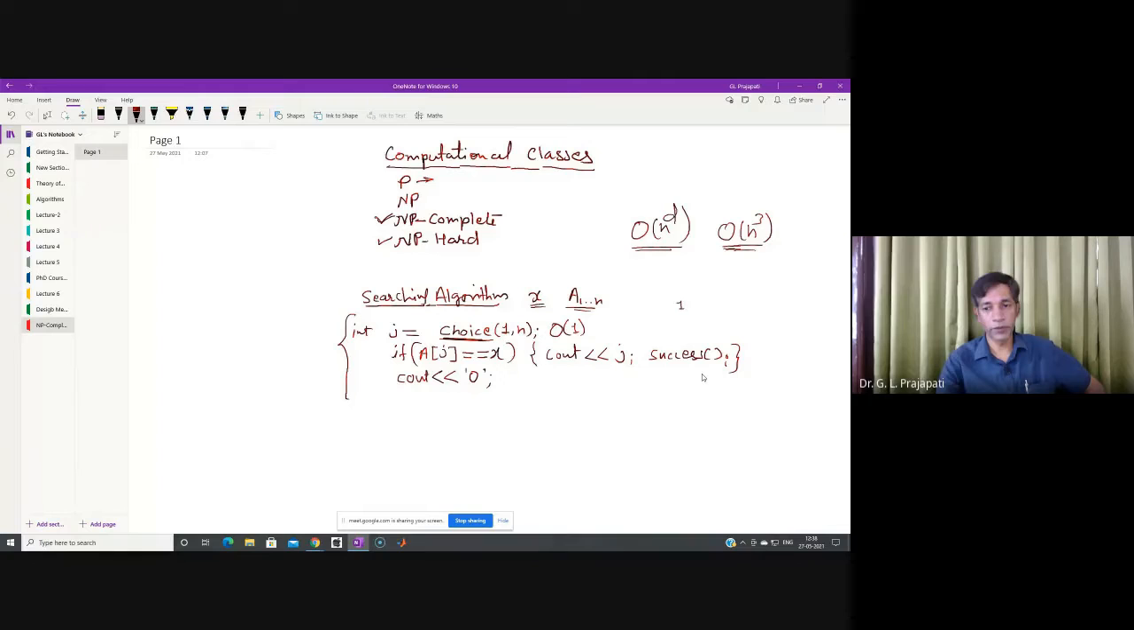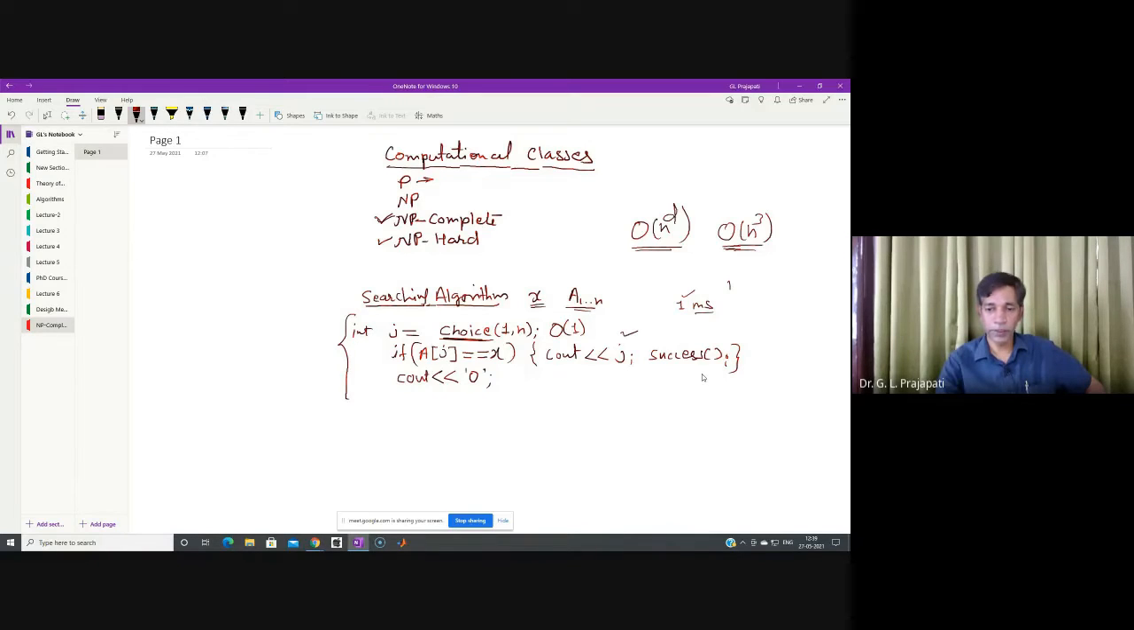If 1 microsecond is needed to make the decision from 1 to n for 100 elements, then 1 microsecond is also needed for 1 lakh or 1 billion and whatever. So that's why it is independent of the value of n, and this statement has constant time. This is the assumption. And if the item is present, then this will be true, and